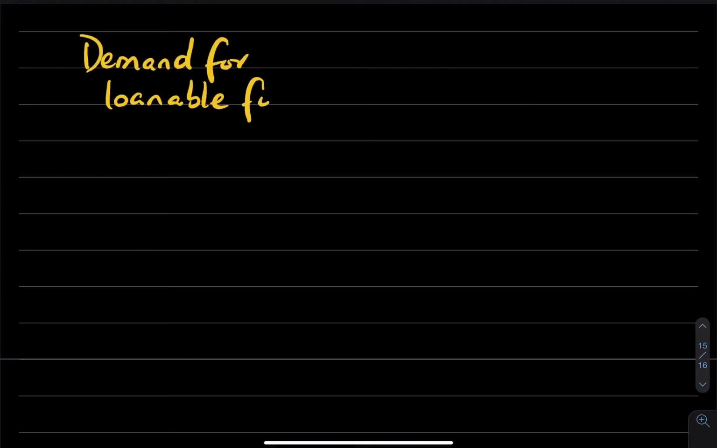Let's talk about demand for loanable funds. We know that there are people who have excess money and can lend it out, and they are the savers or the lenders, but we also have borrowers, and the whole purpose of the financial system is to put these two together. So the demand for loanable funds could come from anyone who wants to invest. This is not financial investment. This investment refers to